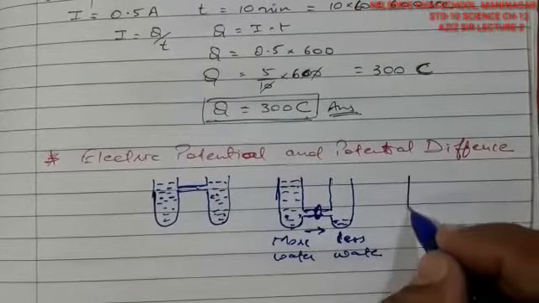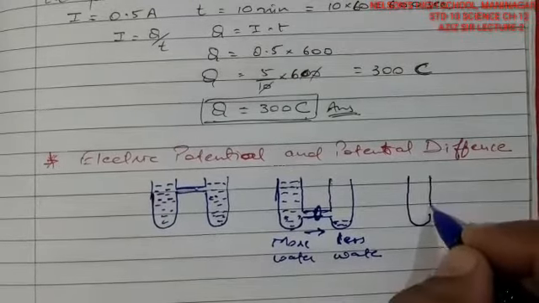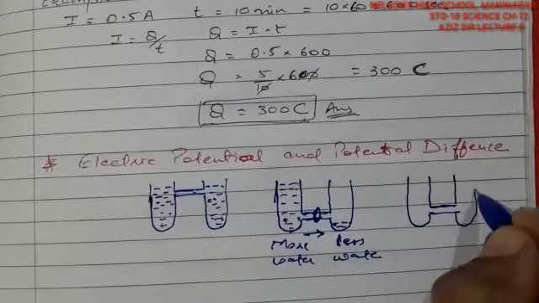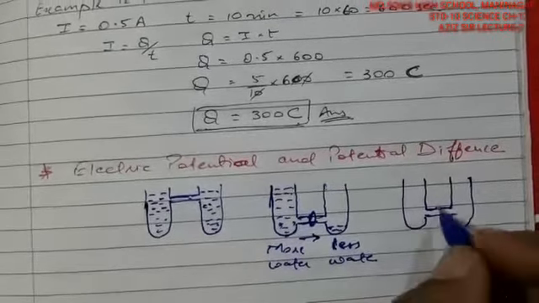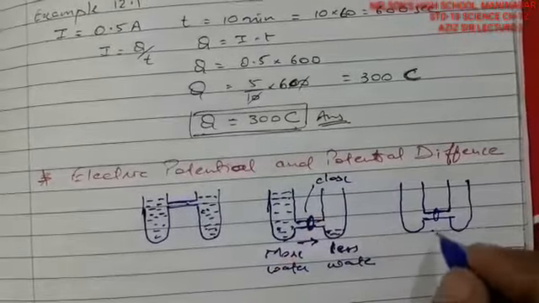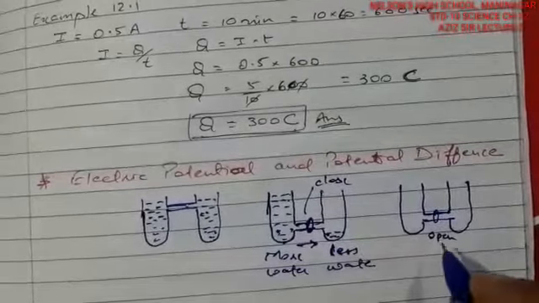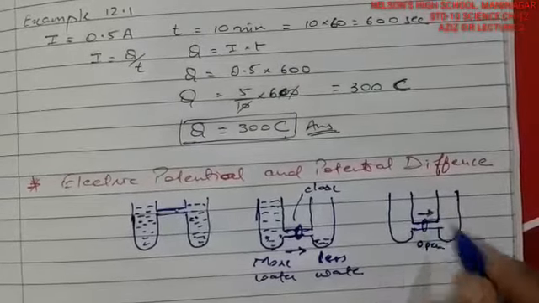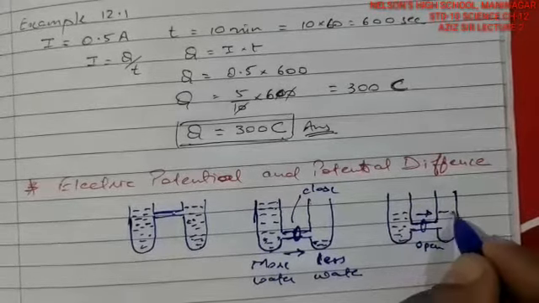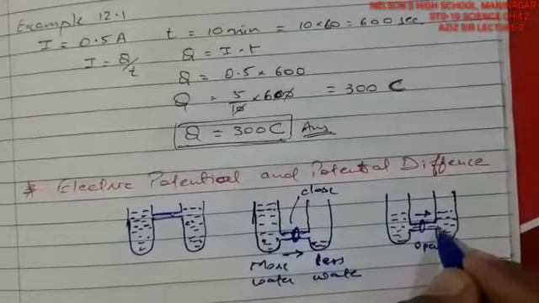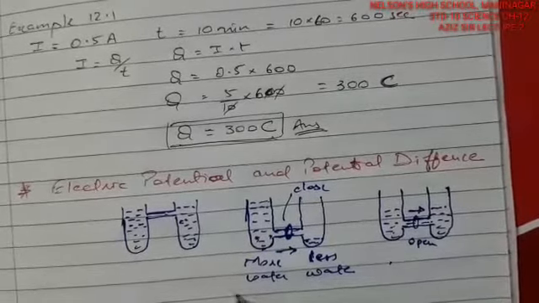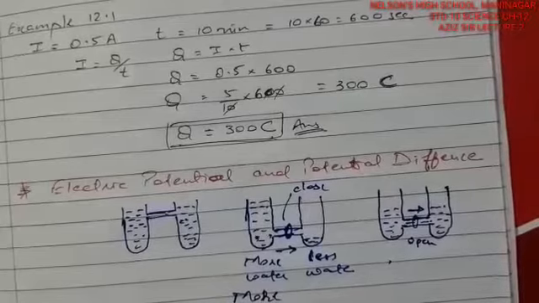So if I draw it again, after some point of time we might see this connection here, and we have opened it; this is closed in this case and this is open here. Once it is open, you may see that the water starts to pass from this point to this point, and at a certain point it stops. So the water has passed from one point and become equal, filled on both sides. That means more water is more potential energy.